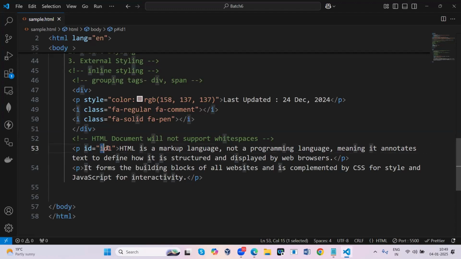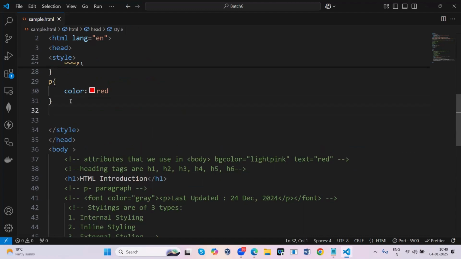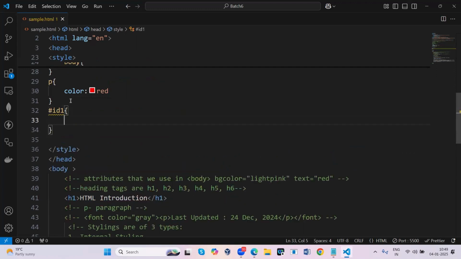With the help of this value, you are going to do styling so that only this paragraph will get affected. So when you are representing it in the styles, you should use a hash symbol. For representing the ID selector, you have to use the hash symbol along with the value.